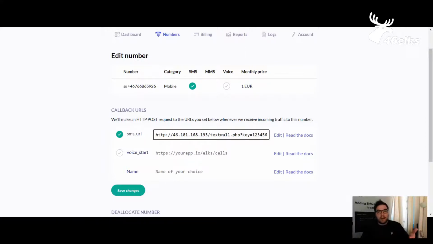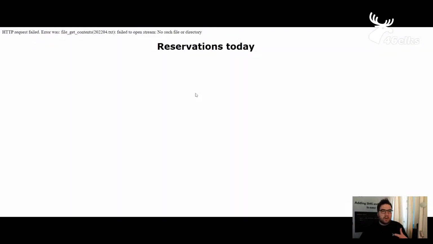Everyone that replies to that message, their message will be displayed on this text wall. Why? Because I've set it up that way. Usually it will just turn up here. This application doesn't work right now, but the point is that when someone replies to that number,